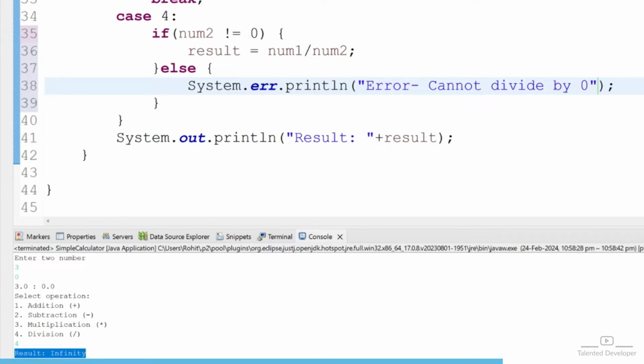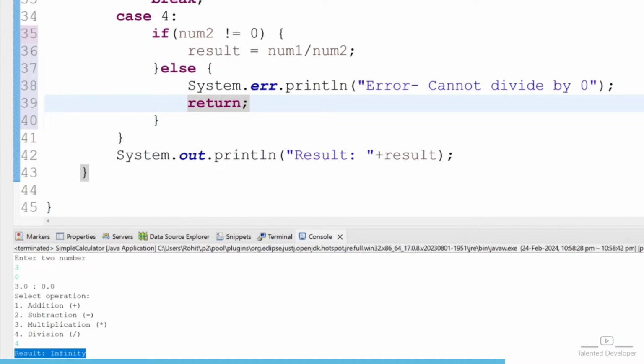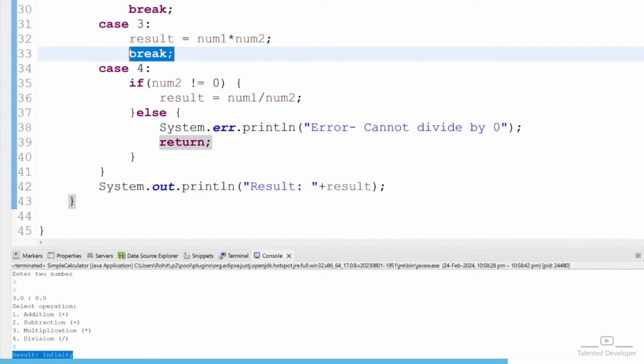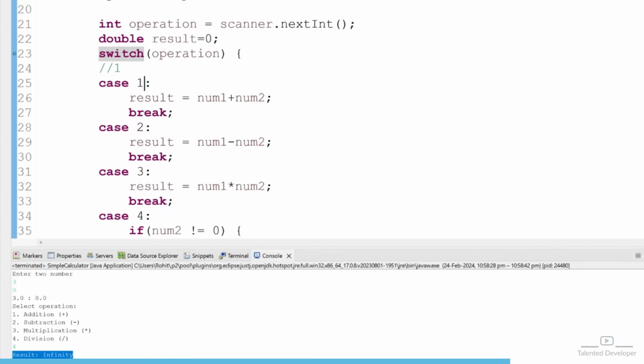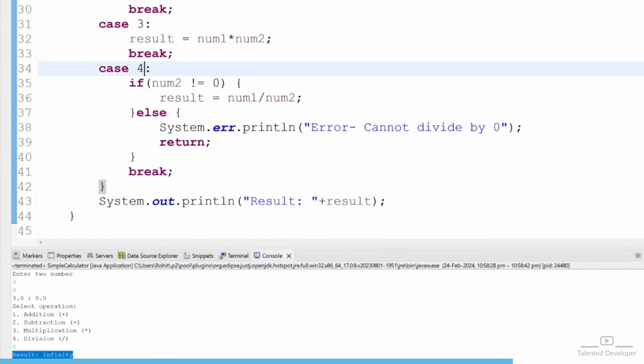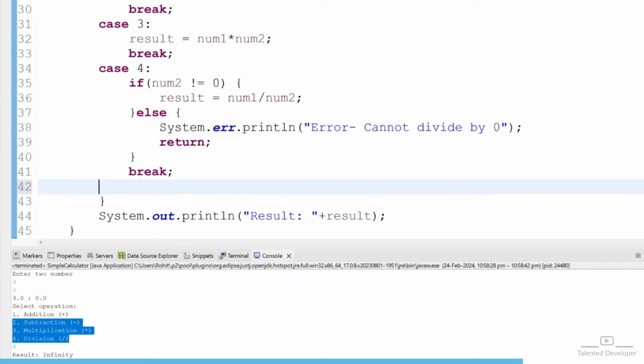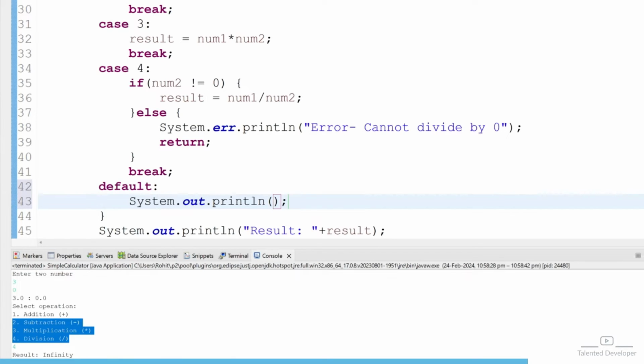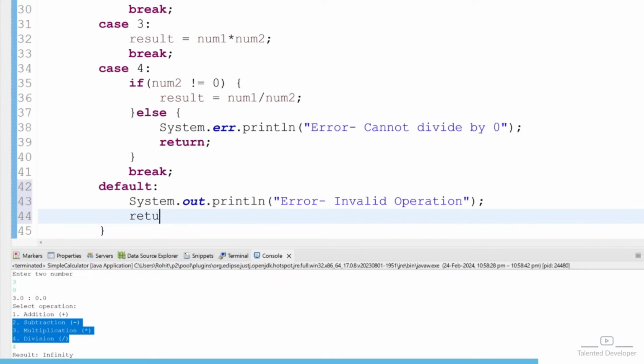And here you can just use return, so no need to go further. Once everything is done, just use break. So case 1 is ready, case 2, case 3, case 4. But what will happen if someone enters 5 or 6? Definitely we have to tackle that situation. So once case 4 has ended, just use default. If nothing is matched, it will come inside the default, and here you can enter your custom message like invalid operation. You can copy this one and again return. No need to go